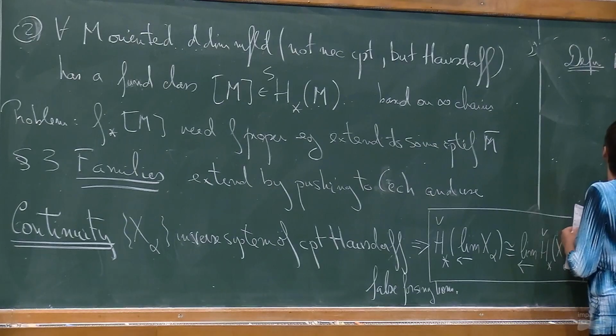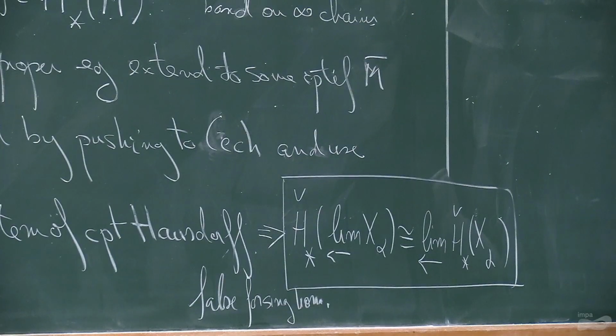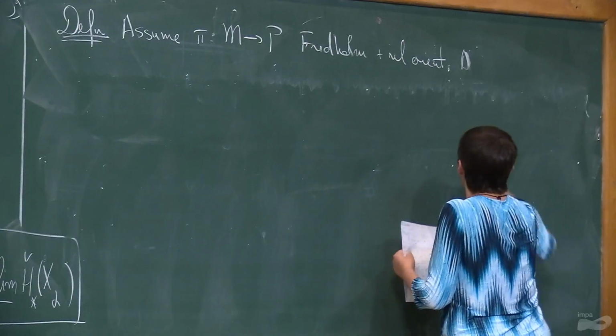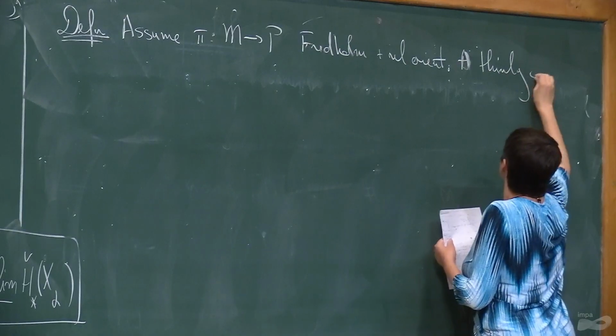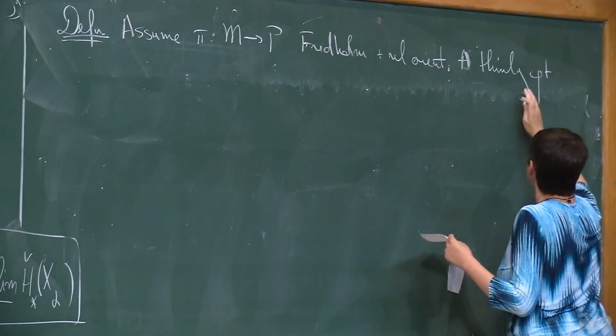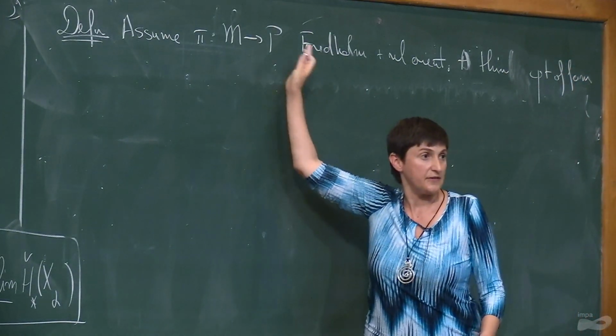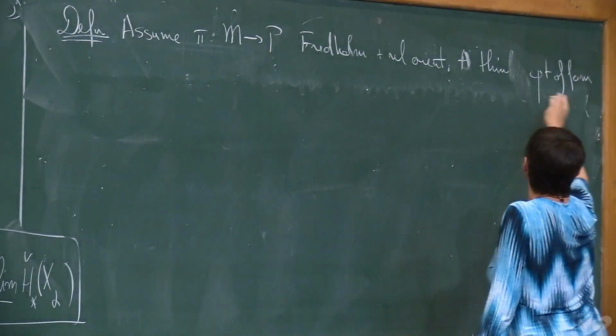So I'm going to assume π from M to P is a Fredholm family, a Fredholm map, right? And let's assume it's relatively orientable. Actually, I don't need to assume it's sufficiently differentiable, sorry. I just need to know it's relatively orientable. A thin compactification of this family, let me call it like that. So I'm regarding this as a family of moduli spaces, a family of spaces parametrized by this parameter. Okay. So a thin compactification of this family